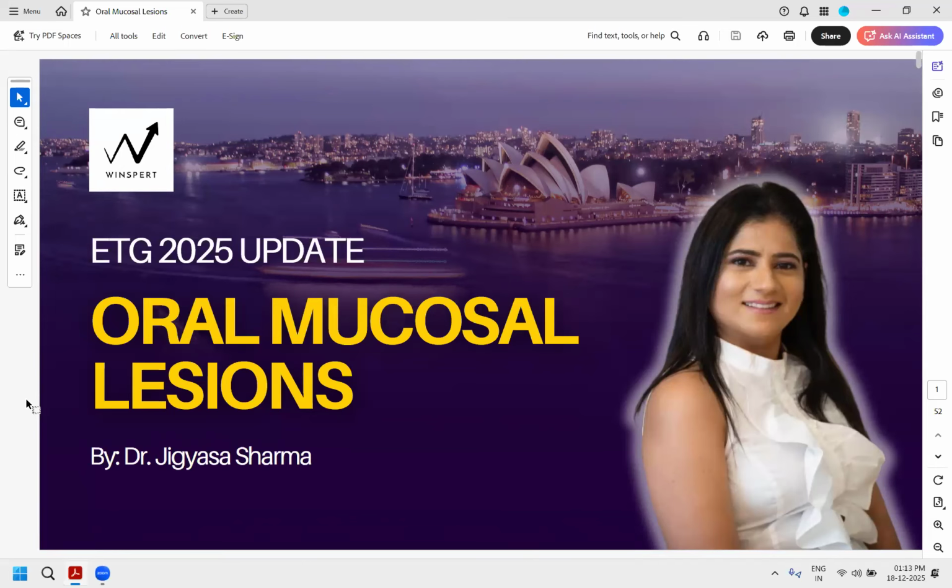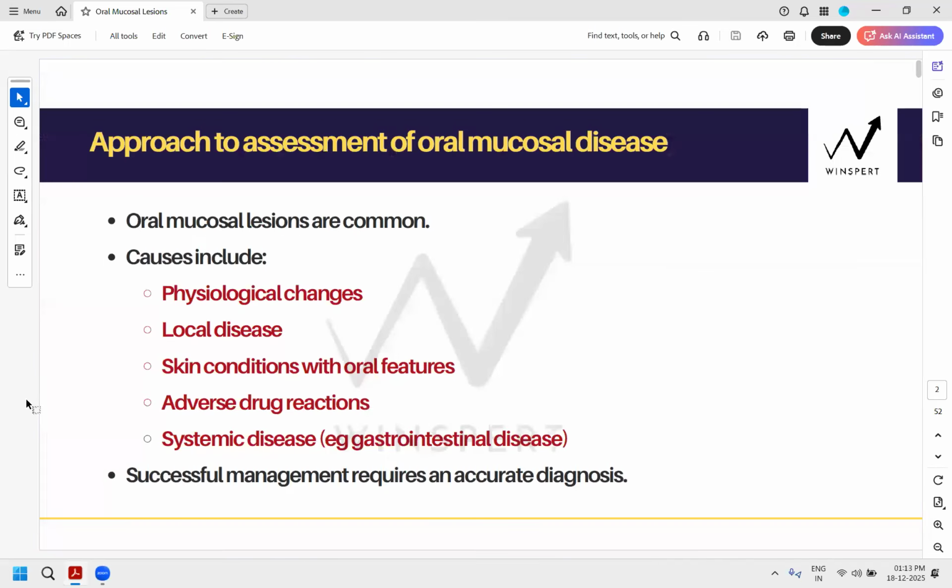So let's expect them. All right, so let's start preparing the oral mucosal disease. It's an extremely important chapter, extremely important concept, and includes most of your oral medicine conditions that get asked in the exam, and what should be the approach to address such oral mucosal diseases. What is extremely important, what you can handle and manage in general practice, and what is the indicator for specialist referral. Those are extremely important points.